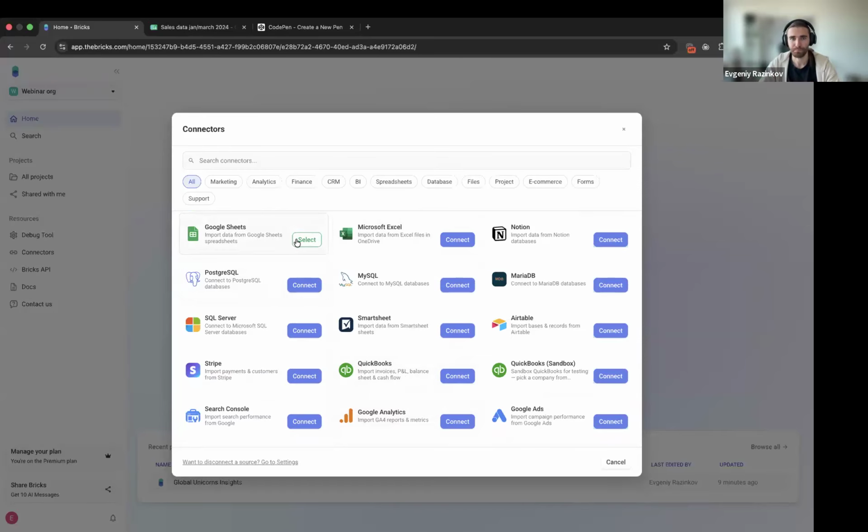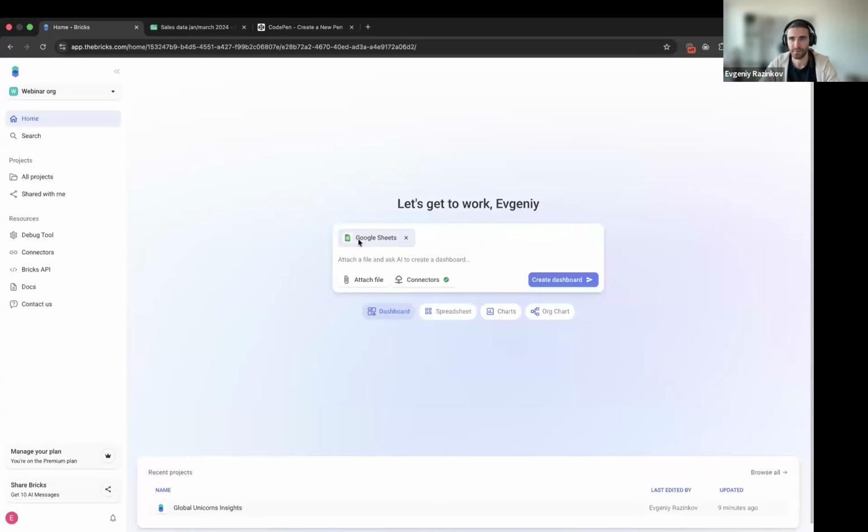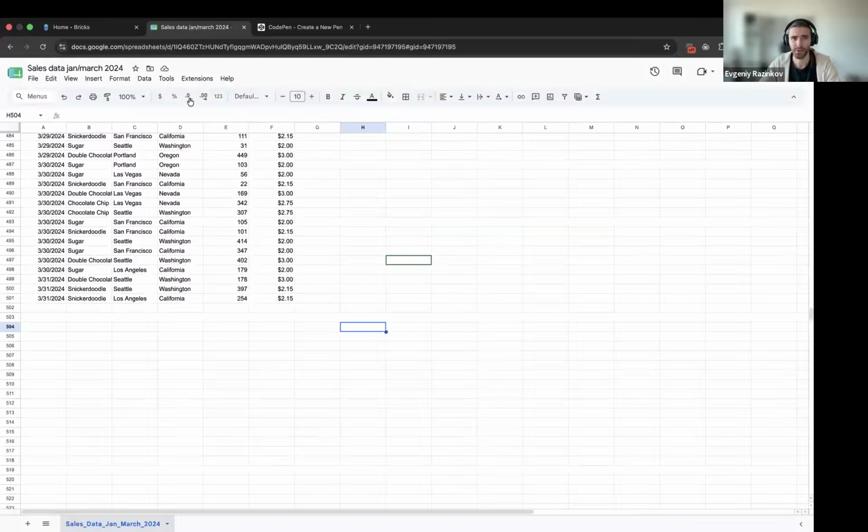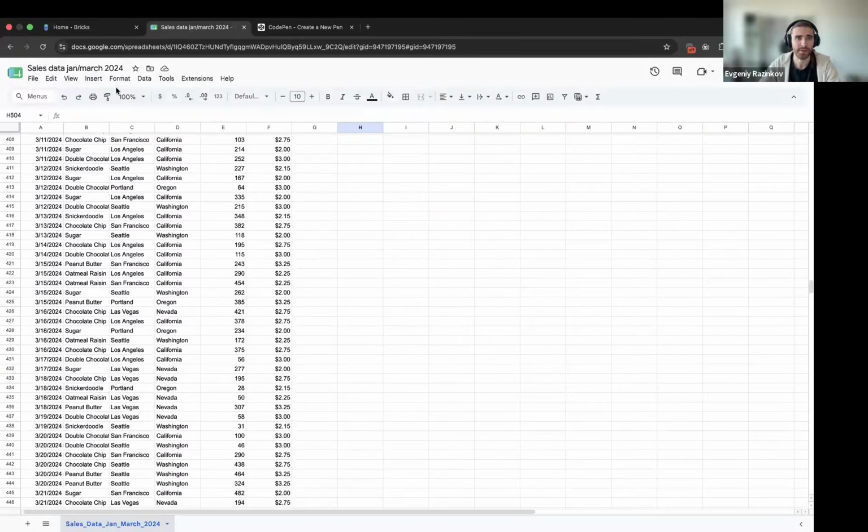I click on the select. This is how I connected the Google Sheets, my Google Sheets account. So it will have the list and data of all the sheets I have in the Google. So I don't need even here to specify what file do I need to use, or I can show you that I have sales data, January, March,